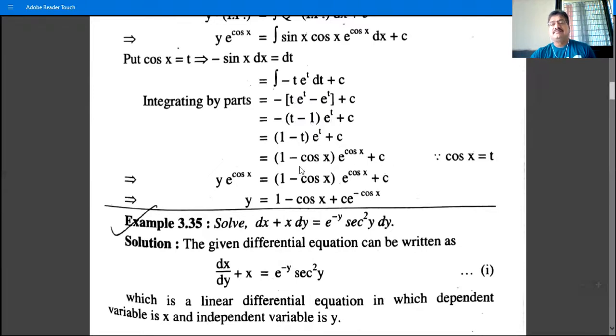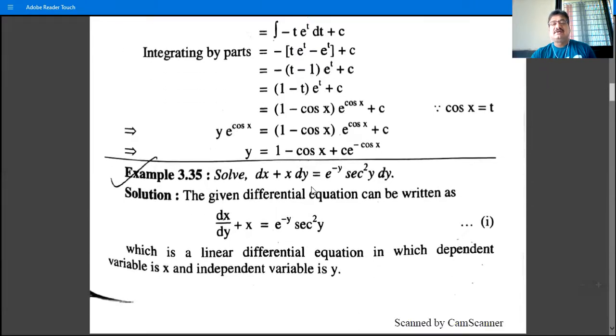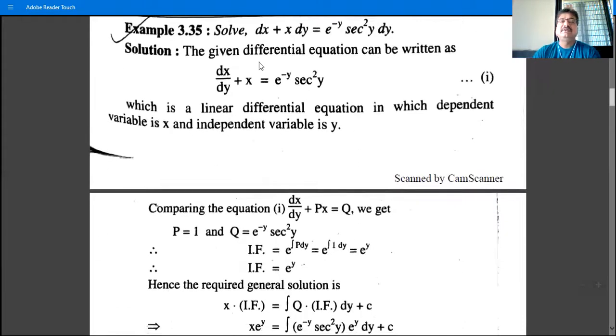So we have this, y e raised to cos x is equal to this. This is the general solution of the given differential equation. Next, dx plus x dy is equal to e raised to minus y sec square y dy. This is an example of the form dx by dy. So shift this quantity to the RHS, take dy as common, shift to the LHS,